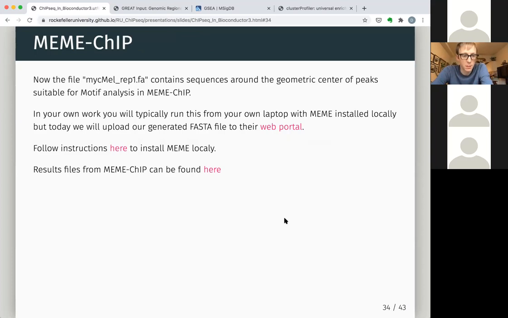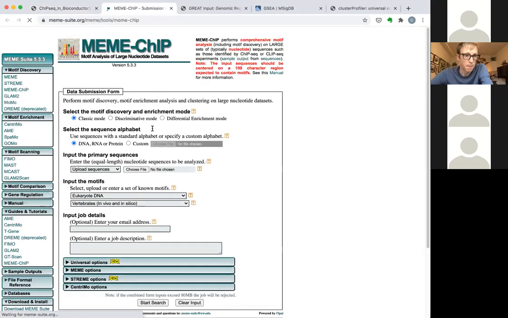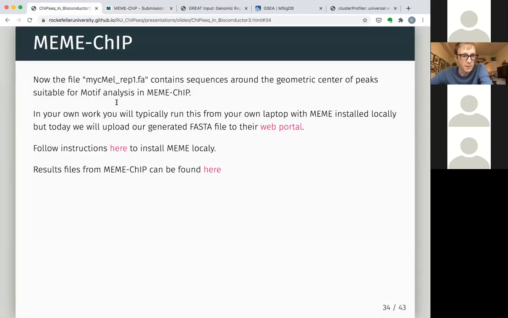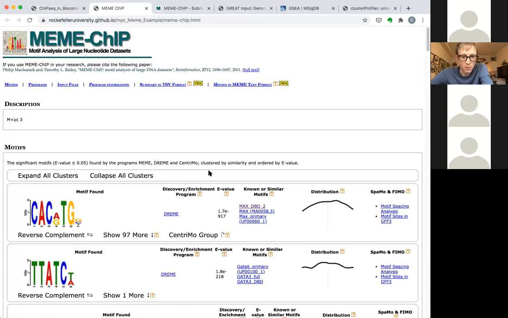So this is the input that we can use for MemeChip. MemeChip can be used, we often use it locally. You can download the software and use it in the terminal if you're comfortable with that. But there's also a web portal where you can just input your sequence here, and maybe 5 or 10 minutes later, you'll get results, and it will look something like this,